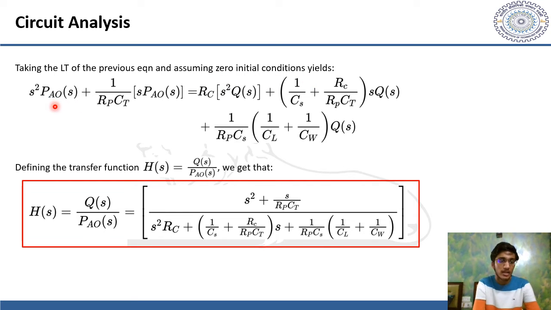s squared times PAO, which is now a function of s, because now all these quantities would be dealt with in the Laplace domain, the complex frequency domain, plus 1 over RPCT times s times PAO of s is equal to RC times s squared Q of s plus 1 over CS plus RC by RPCT times s times Q of s plus 1 over RPCS times 1 over CL plus 1 over CW times Q of s. Defining the transfer function H of s of the given system as Q of s divided by PAO of